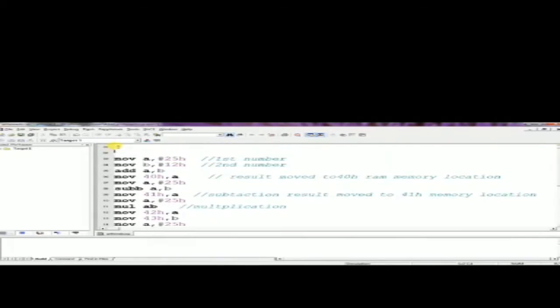The instructions are INC A and DEC A. Then end the program. This is the total program of arithmetic operations: addition, subtraction, multiplication, division, and increment and decrement of the number.